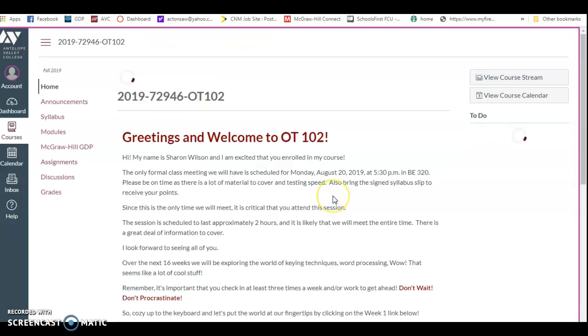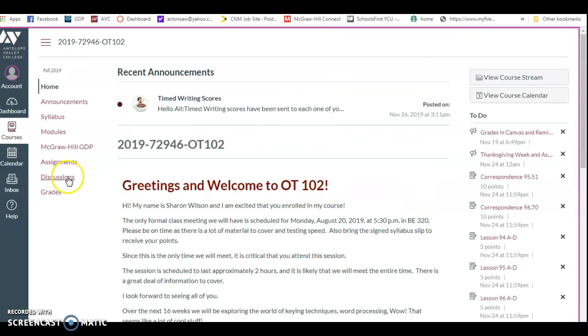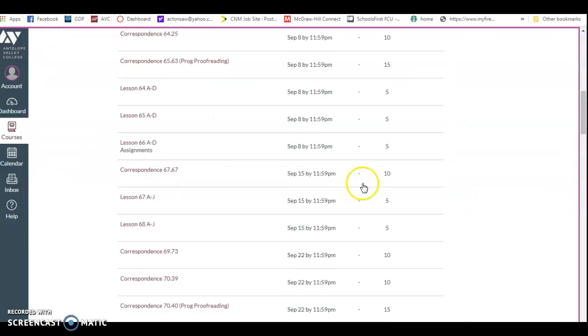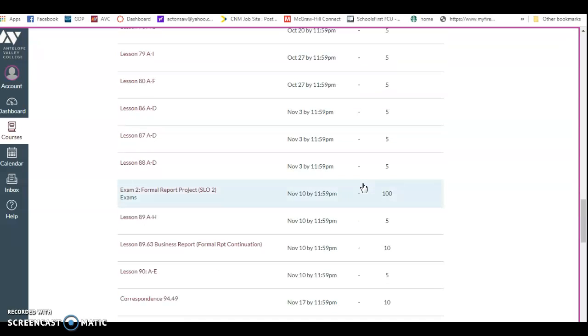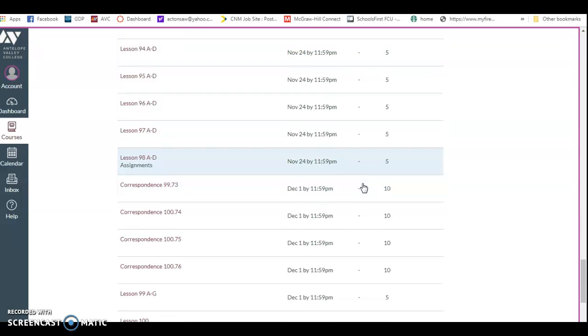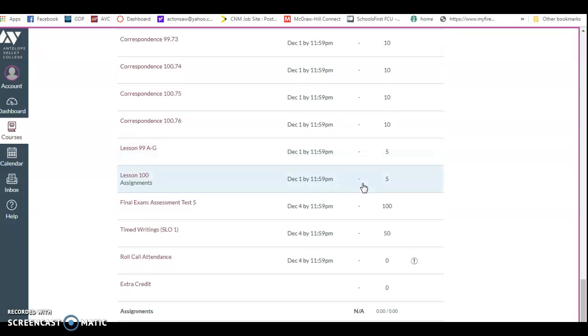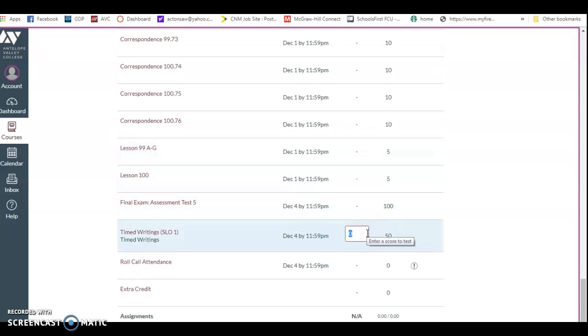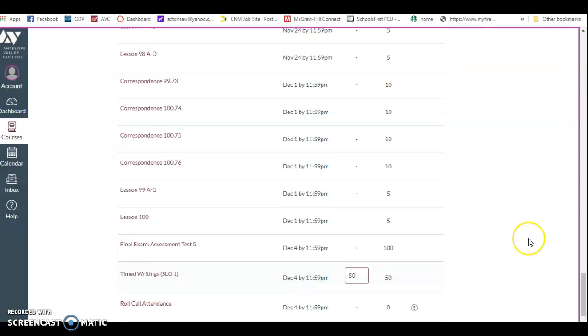Let's see. Let's try it again. But if you go to this grades and it allows you to put in, like, where is that? If it will allow, oh, there we go. Okay, and then just put 50 in here, because if the grades that you put on that spreadsheet are correct,